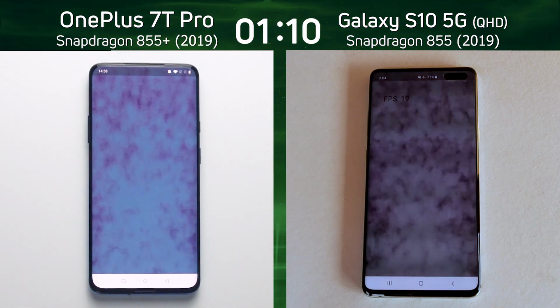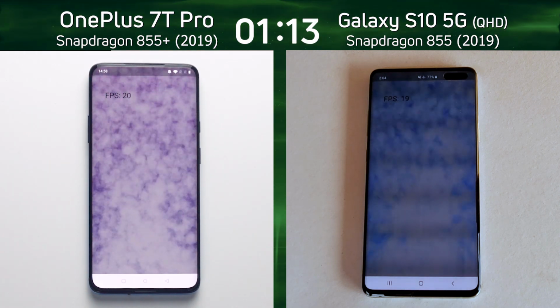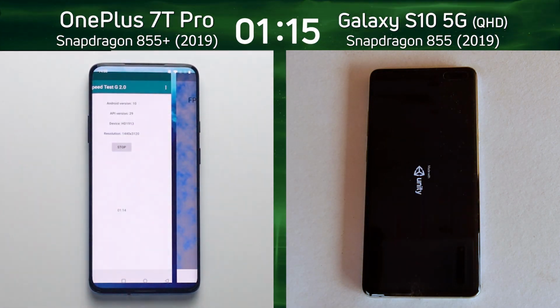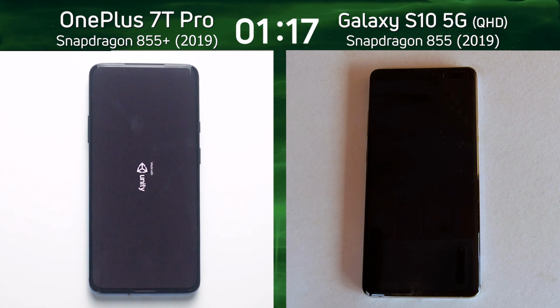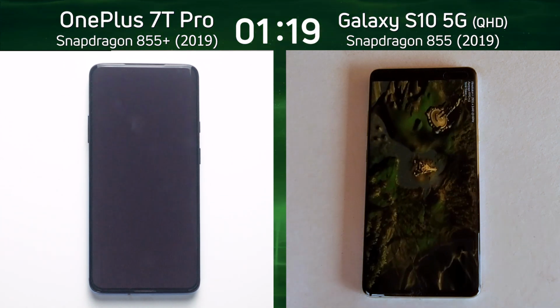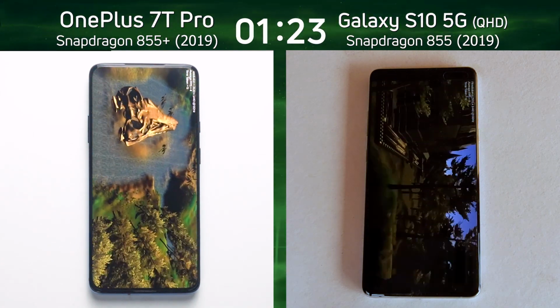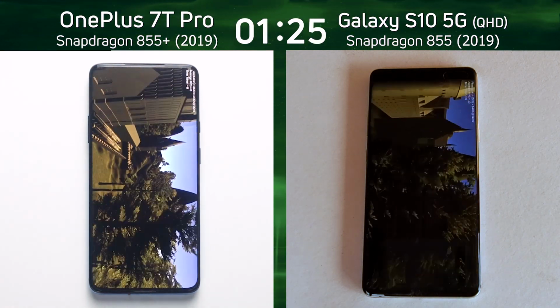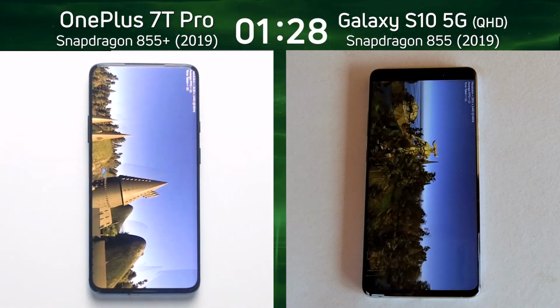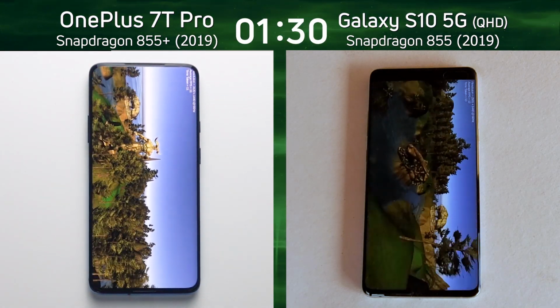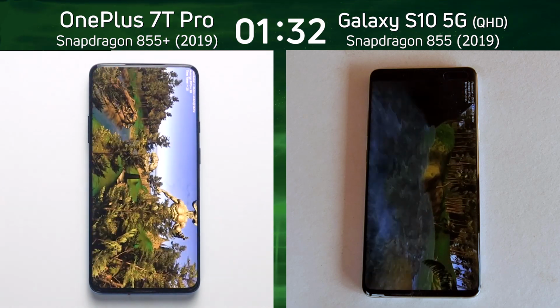What's its frame rate going to be? 19 frames a second, 20 frames a second for the OnePlus 7T. So that's interesting. The Snapdragon 855 Plus doing a bit faster there in that smoke particle test as we come now down into the test. Bit of a delay there by the OnePlus 7T Pro as it was starting that test. It waited just a little bit of the black screen there. That's probably given it a bit of a disadvantage,